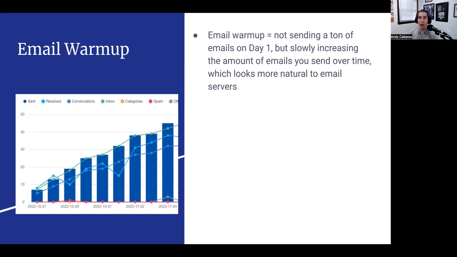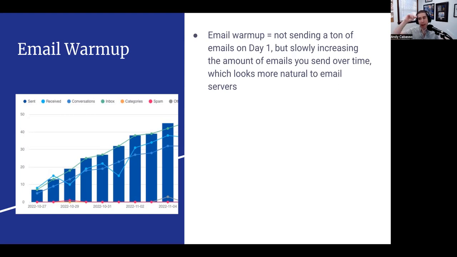Like I mentioned, from cold outreach we see the typical open rate is 40%, and a reply rate can be anywhere from 1% to 20% or more, depending on how effective and targeted your campaigns are. But even so, those numbers are not going to be as good as the open rates and reply rates from colleagues who know you already.